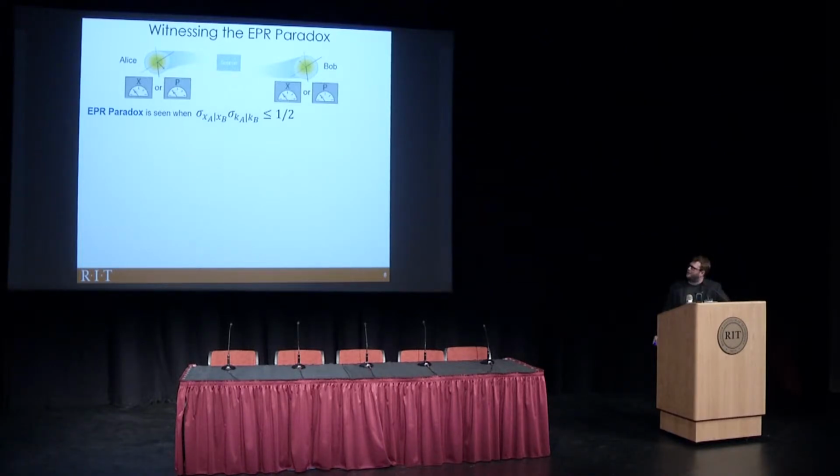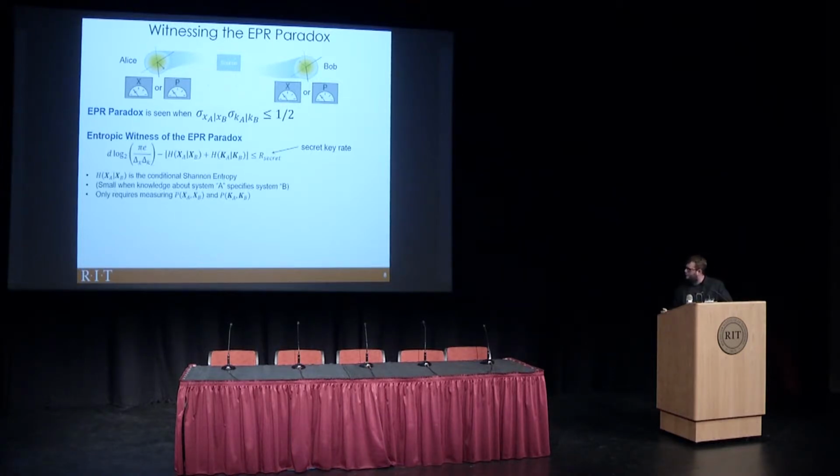Okay, so how are we going to get to entanglement? Well, we have the EPR paradox, which is seen here. If your conditional variances are smaller in 2 incompatible observables, this conditional uncertainty product is small, then you're witnessing the EPR paradox, right? So if Bob makes a position measurement on his system and then he knows a lot, that's well correlated with Alice's position measurement, this term is small, and same for momentum. So we can recast this